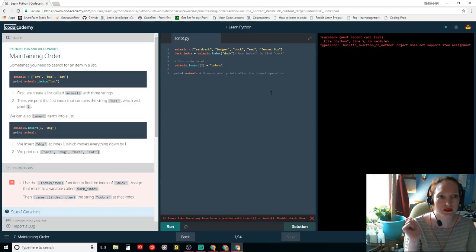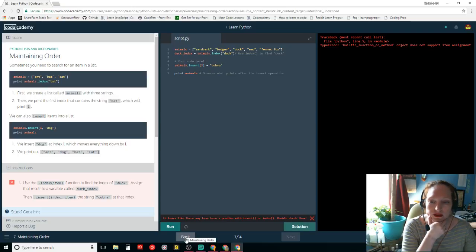I think this will do it. Line 5. Built-in function or method object does not support item assignment. Maybe because we do it at duck index.